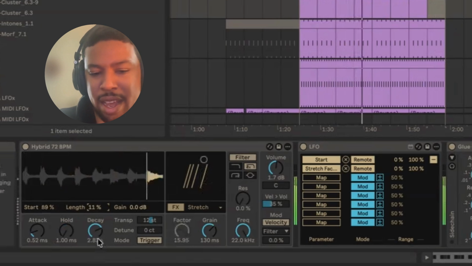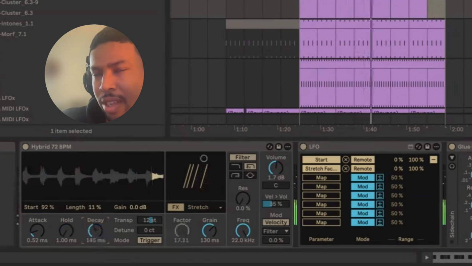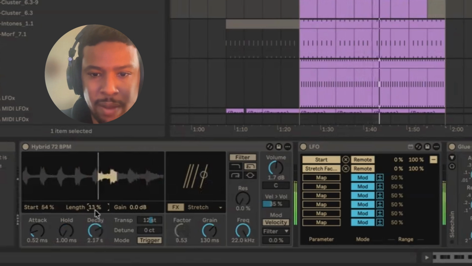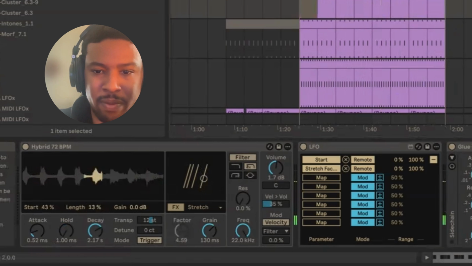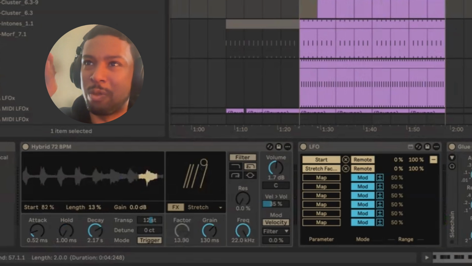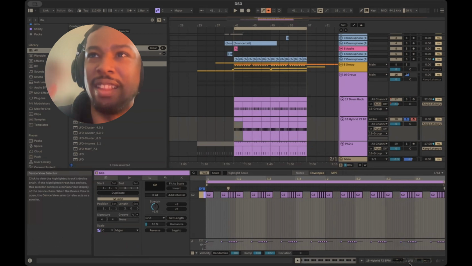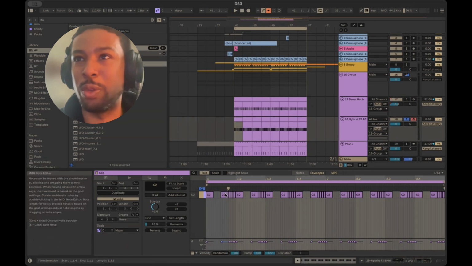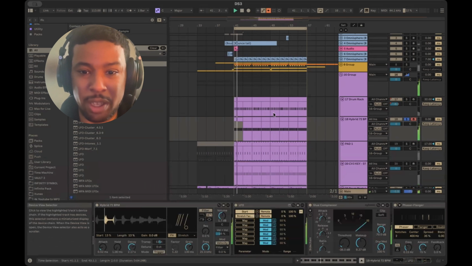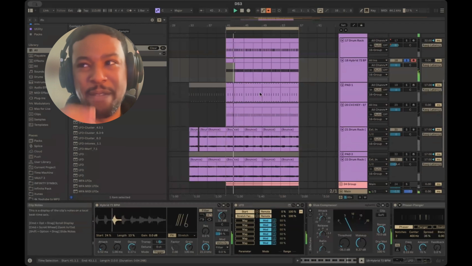Your length and your decay end up kind of like doing similar things after a while, because there's not enough time just in between the notes that you've drawn in. So the longer, you'll be able to mess with more of like the decay and like the hold and all that if there's more space in between your notes. But yeah, I love kind of,